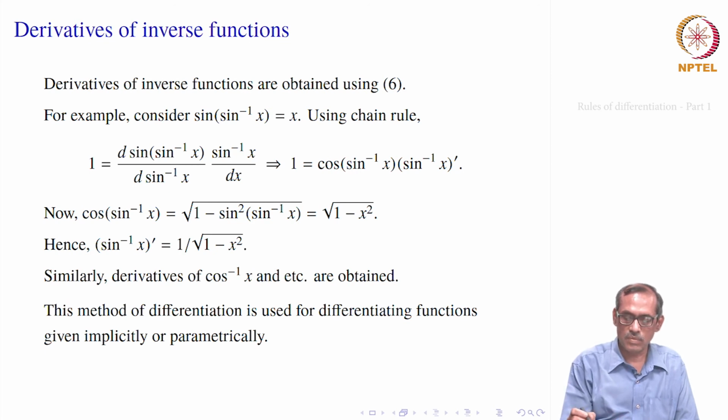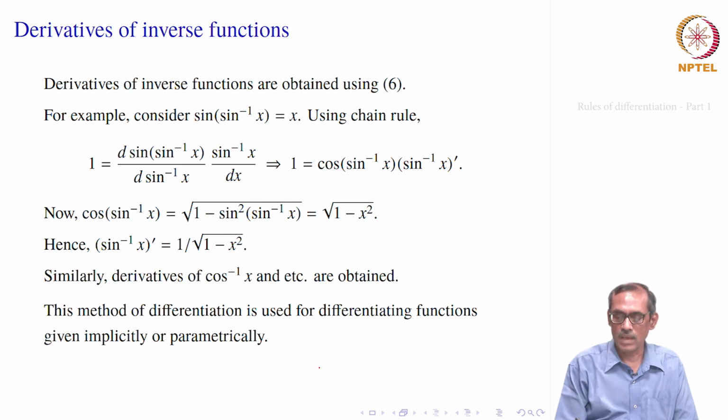So, in fact, sometimes we will not get the function given explicitly like y equal to f of x, but there will be an equation. We will say that the function is defined in its domain or in one of their possible domains. If it is implicit, it can be a union of intervals. In one of those intervals, wherever you want differentiation, this equation can of course be solved if possible, but we do not need to solve it for differentiation. We can differentiate the whole equation as we are doing sin of sin inverse x equal to x, and then simplify to compute our derivative. That is what is called implicit differentiation.